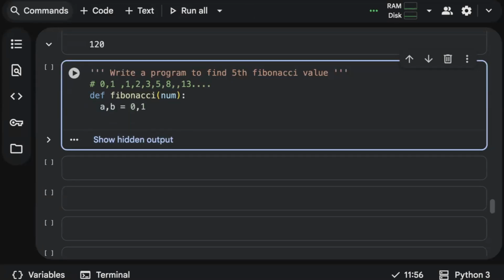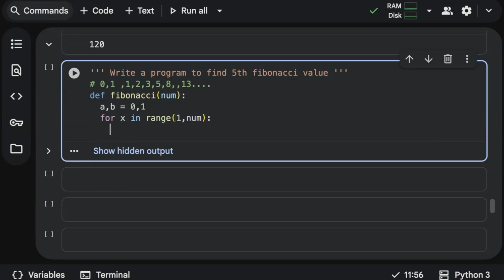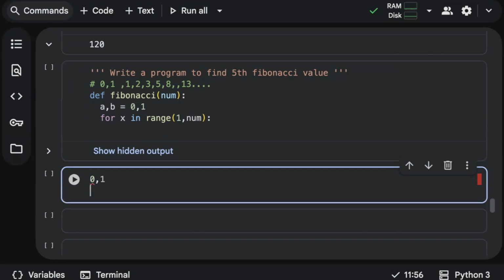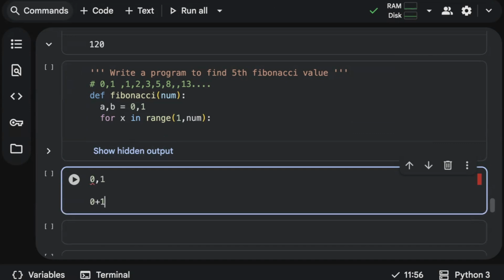So I'll define a, b equal to 0, 1. They are the starting values. Then I'll use a for loop: for x in range of 1 to number. And then I'll use a logic like this. Let's say you have 0, 1. How are you getting the next number? We are adding 0 plus 1, which is 1.